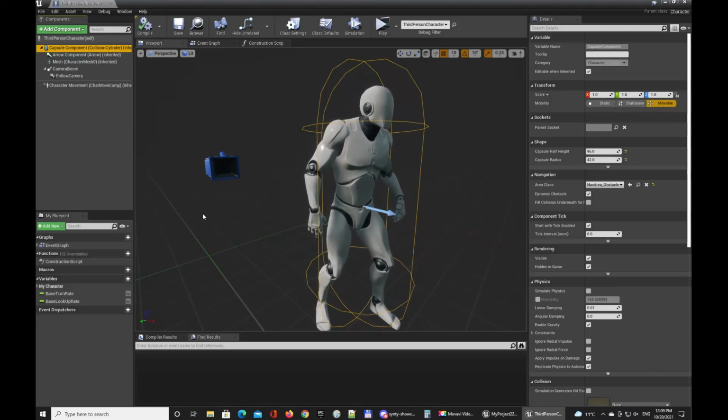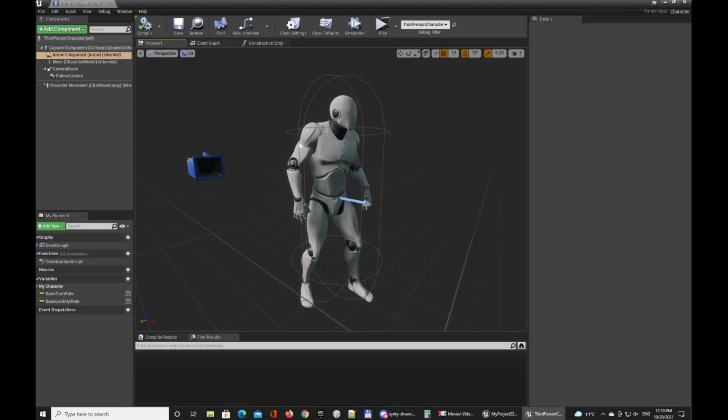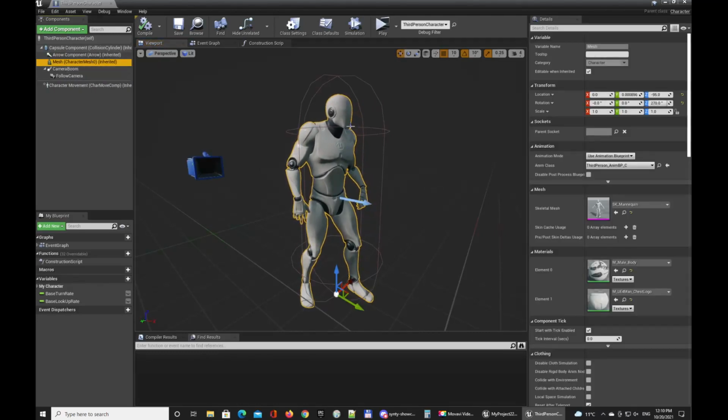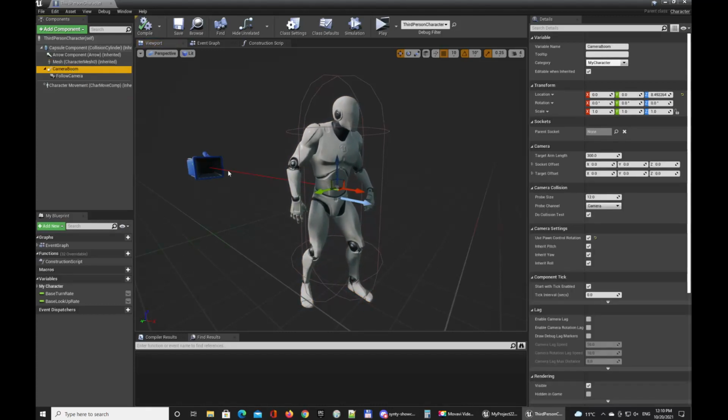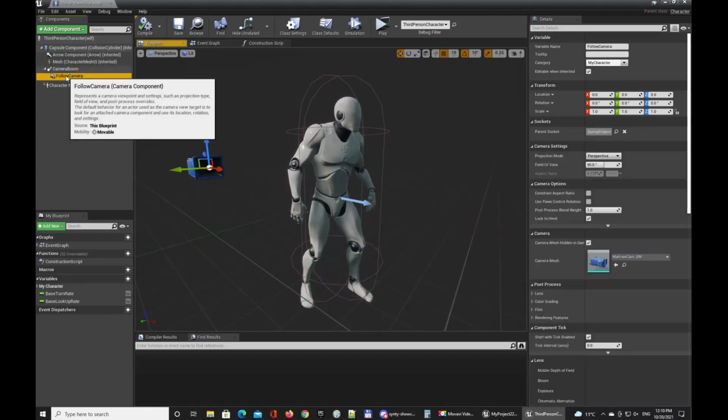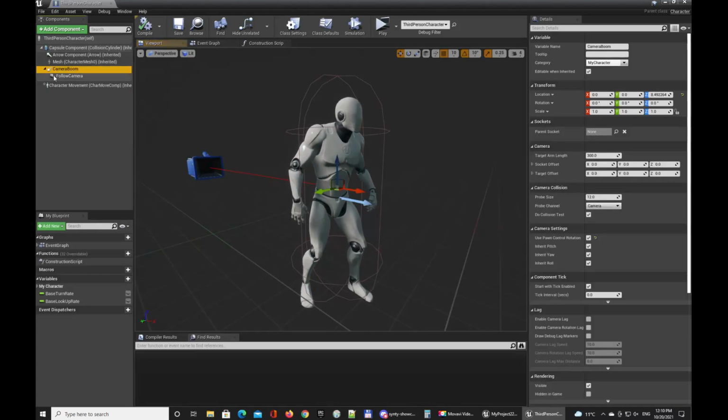And by finding out these touches with other objects, we can make a reaction. We can program the reaction. Okay, we have the arrow component. It's just for finding out in which direction our character is looking. We have the mesh, and the mesh in this case is the skeletal mesh that actually means the form of our character. And we have the camera boom, so literally we have the camera itself, and we have a so-called camera boom,